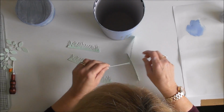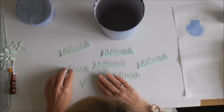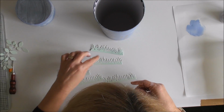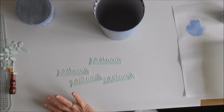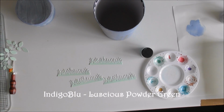So I've got this, and what I want to do is, I think I'm going to need about 4 of them. I've cut out 4. Cut out 3 too many, but they'll come in handy for another project. And I'm just going to get my Luscious powder, my green, and my, there we go. So I've got green, Luscious, and